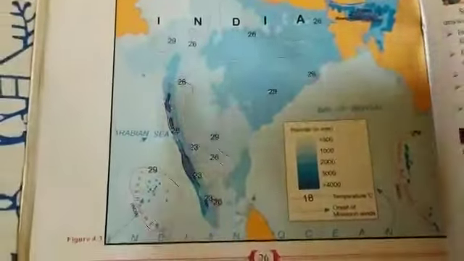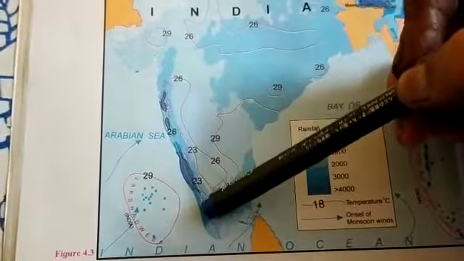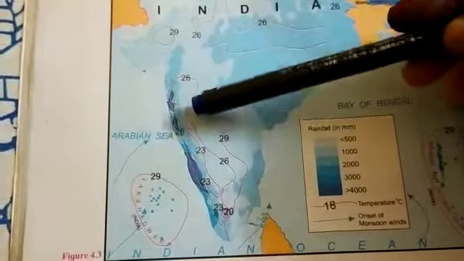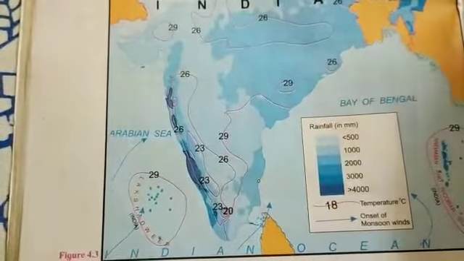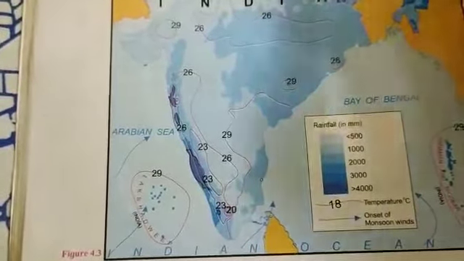So the answer, let me just tell you verbally. Don't worry, children. I'll write down the answers and send you the images of these answers. But let us try to understand this better. So the question was, some parts of Rajasthan are under the desert. So what could be the reason?